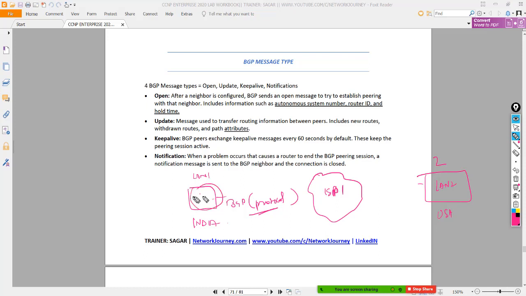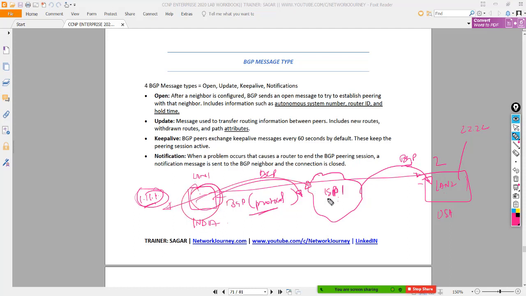Let's say this LAN network consists of 1.1.1.1, and over here you have 2.2.2.2. How are you going to advertise this to this ISP, so that this ISP can re-advertise or send those 1.1 to the second LAN? That's going to be a complete communication between two LANs, right? So it's your BGP protocol. BGP is going to advertise your packet. All your packets from your LAN, it will place to the ISP, the ISP will then place to the LAN, and that's how they form